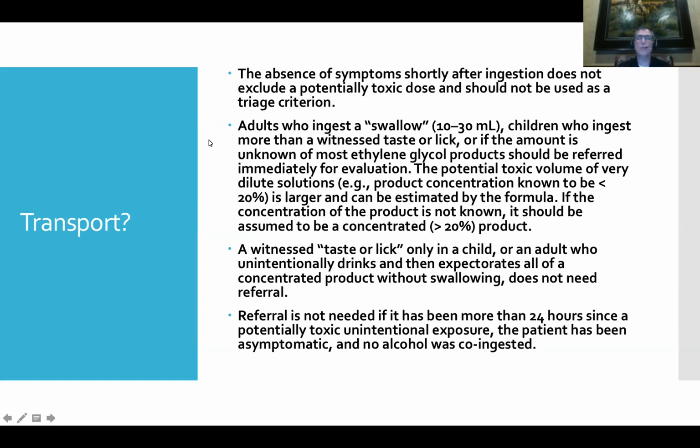Okay, when can you not transport these patients? This will be the last item we cover, and I promise I'll let you go. The absence of symptoms is not good. That cannot be your determinant for whether or not a patient stays at home. In other words, accept an AMA. A child gets something in, tastes a lick, 10 cc's, they spit it back out, they vomit, and they've been okay. People who took something 24 hours ago, well, we all know ethylene glycol is going to clear within 10 to 12 hours. So if they have any symptoms after 24 hours, I'm going to let them go from the ER. If the patient doesn't want to go and it's been more than 24 hours since they drank ethylene glycol,